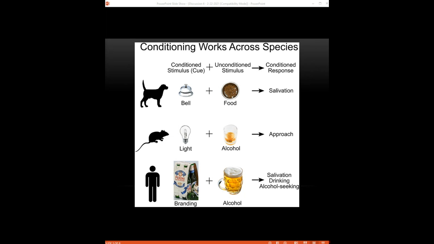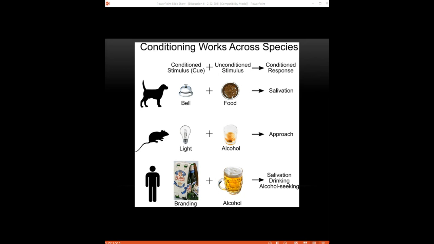This same logic applies to how marketing agencies attempt to train people to want certain products. If you just have a baseline, a very simple association between alcohol and the effects that it causes, that is, it slows you down, it makes you feel more uninhibited, which is what alcohol does. It suppresses what's called the prefrontal cortex of the brain, which is the part of you that is responsible for inhibiting your behavior. So when you drink alcohol, you will feel more uninhibited. And that's usually what people really like about it. So if you have that baseline association,